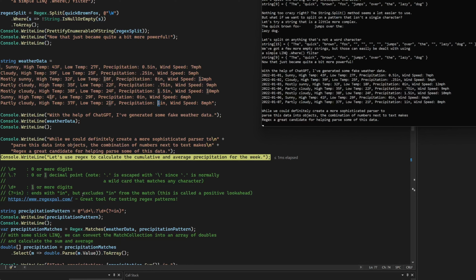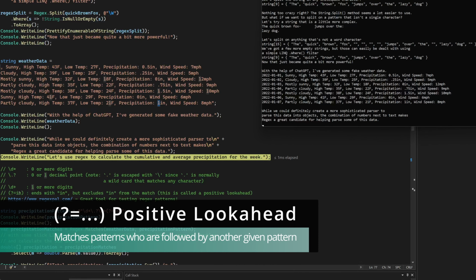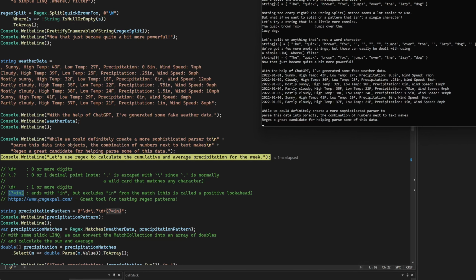The number has to have a digit in it, otherwise it wouldn't be a number. And then we've got this thing here, which is called a positive lookahead. This is almost like an anchor, sort of like that word boundary, but it's basically going to say look for the pattern IN, literally the word "in" for inches, and make sure that comes right after that last digit. But we're not going to include it in the match because we don't want to pull